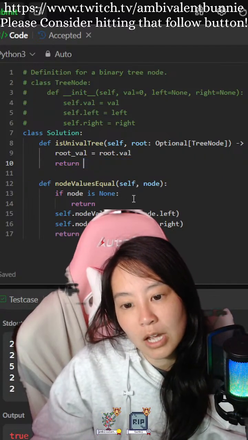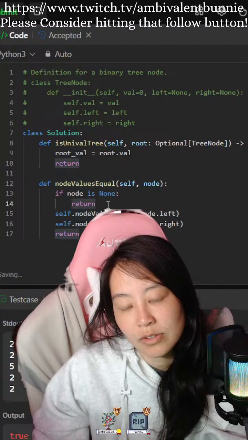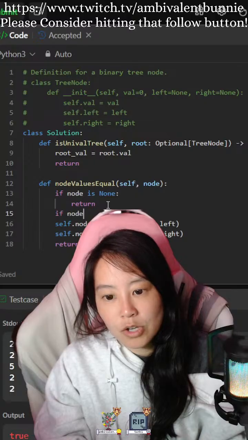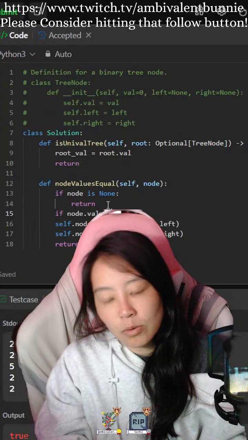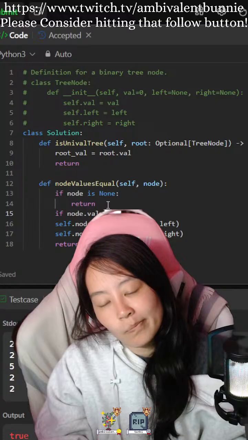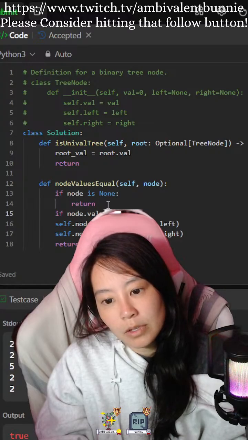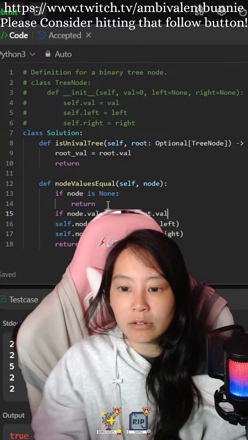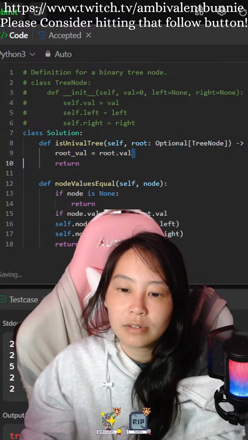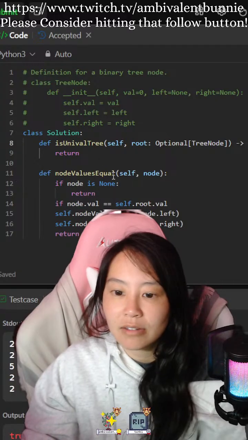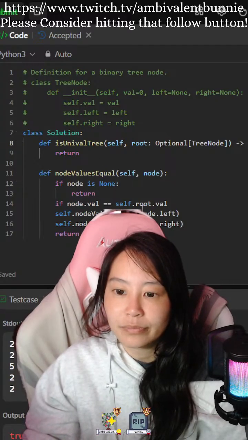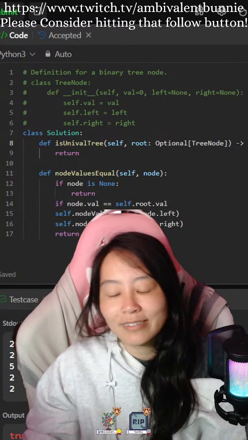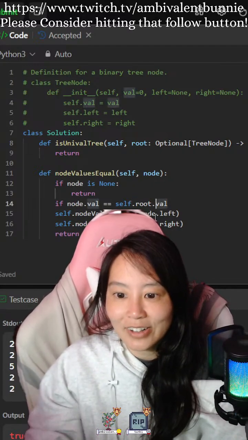Originally I was trying to return true or false, where it was basically if node.val equals self.root.val. I guess I don't need, right. I mean, sorry.